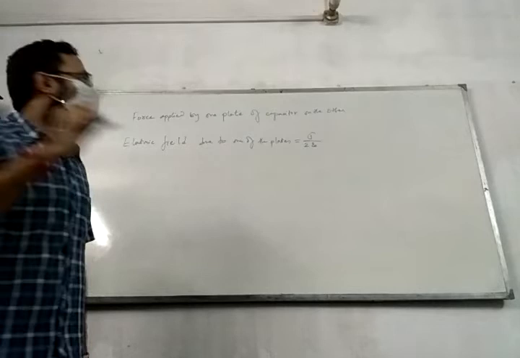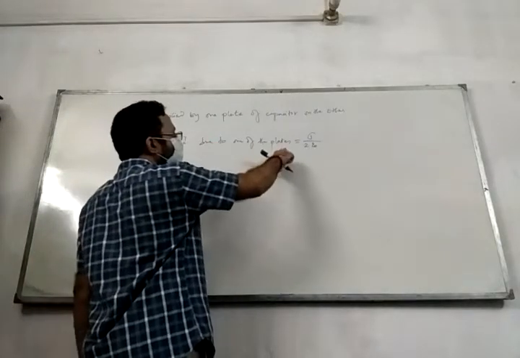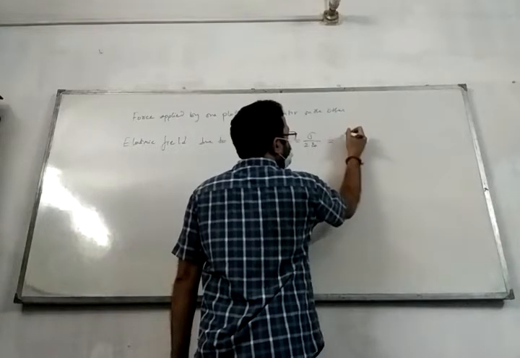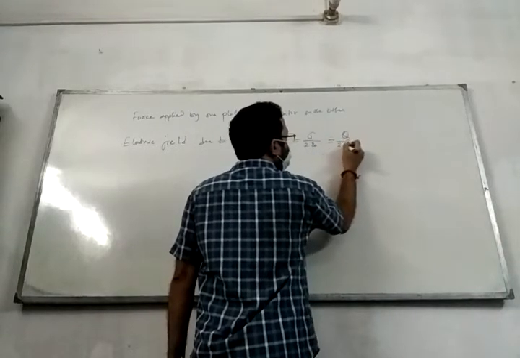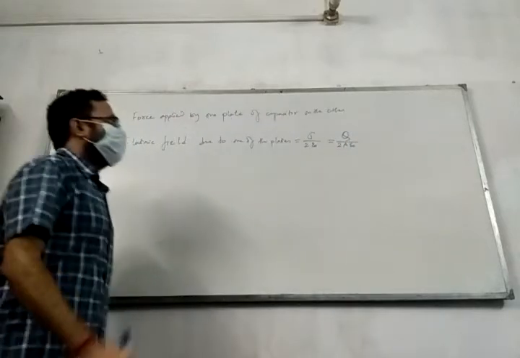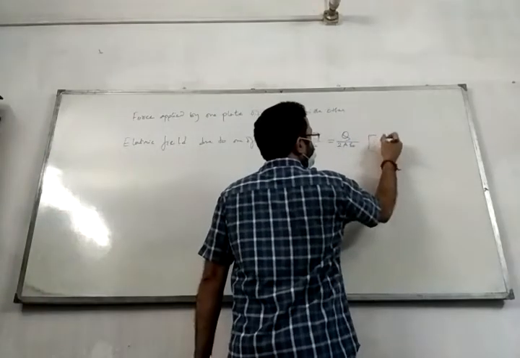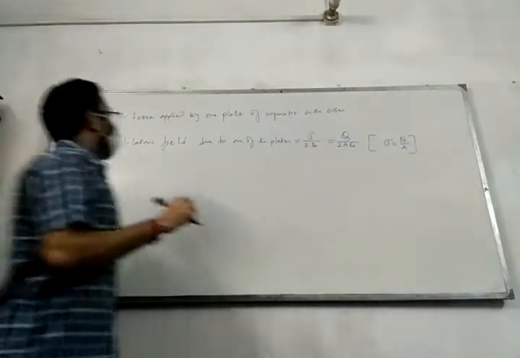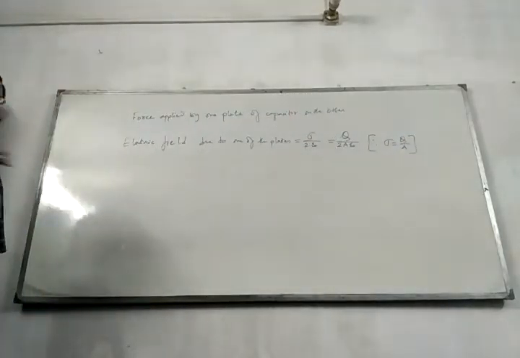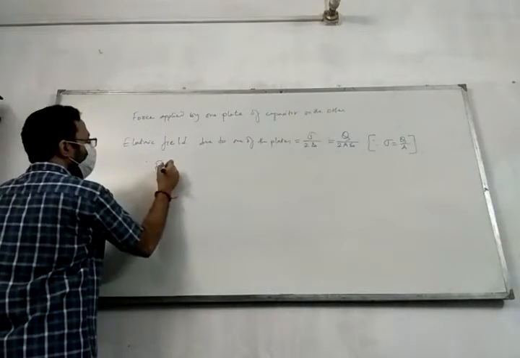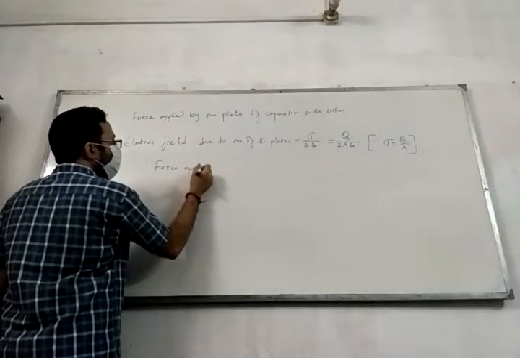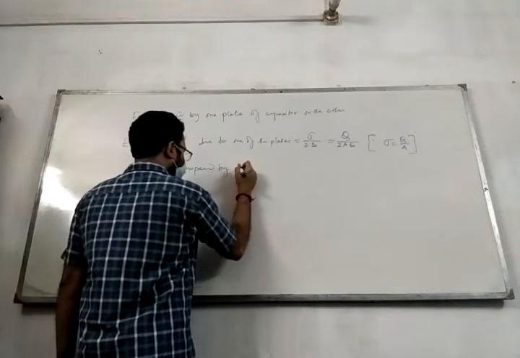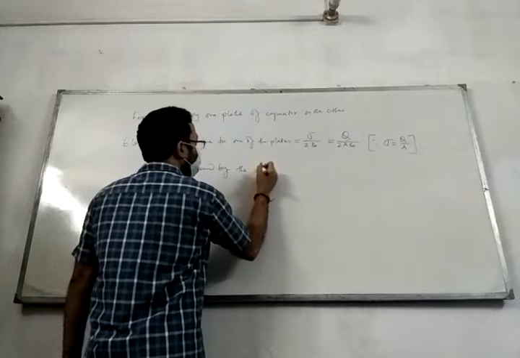We have learned from Gauss theorem that the electric field due to one of the plates is sigma by 2 epsilon naught. That implies sigma is equal to what? Q by A epsilon naught. Yes. Sigma equal to Q by A. This is the electric field due to one of the plates. Therefore, the force experienced by the other plate